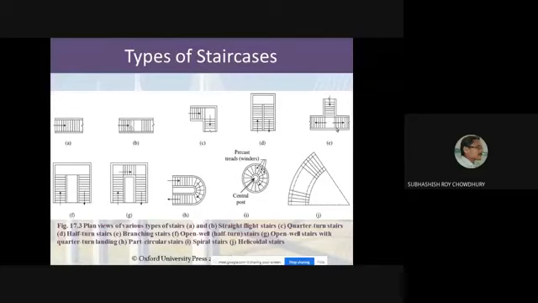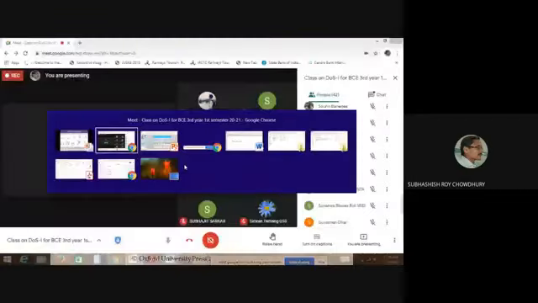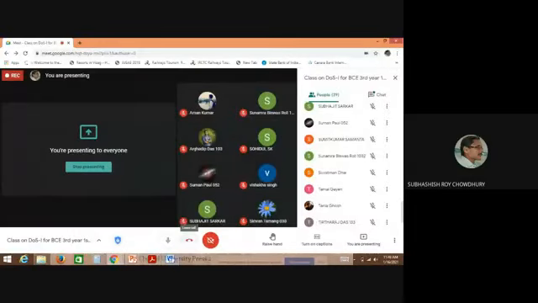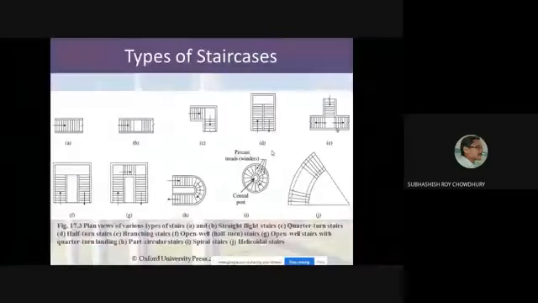So the direction of the movement is this one. In this case, the direction of the movement is this one. If it is spanning in the transverse direction, that means as if there is one structural component here, and one structural component here, such that it is supported in the transverse direction. So in that case it is called the transversely supported stair.